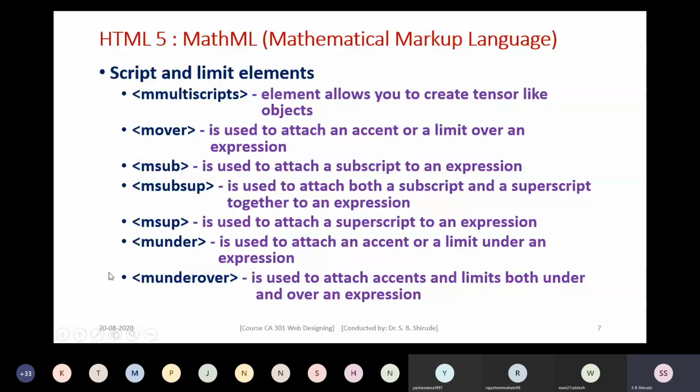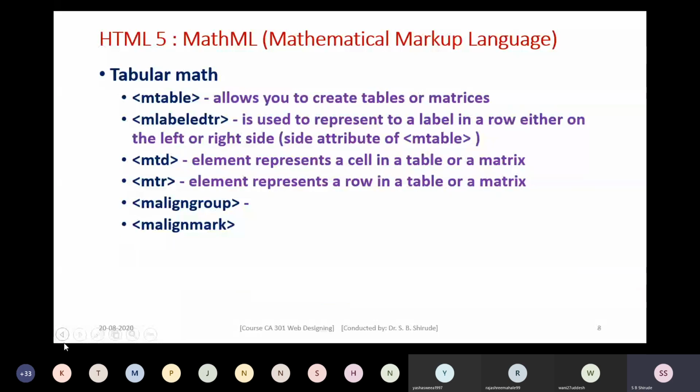Next, we'll consider the next category, which gives us the different elements supported by MathML under the category called tabular math. In mathematics, we have tables that we use. Why do we make use of tables in mathematics?